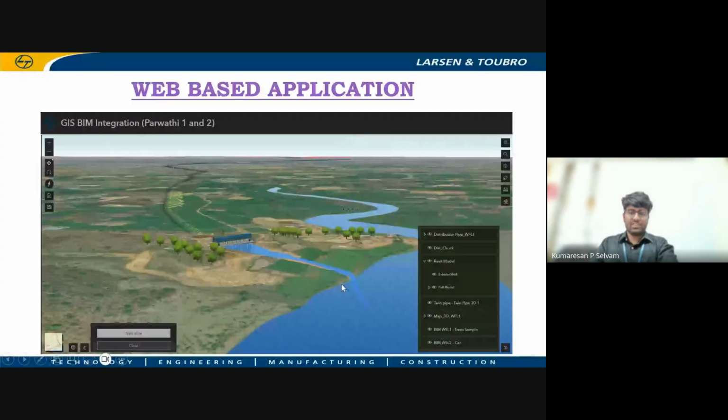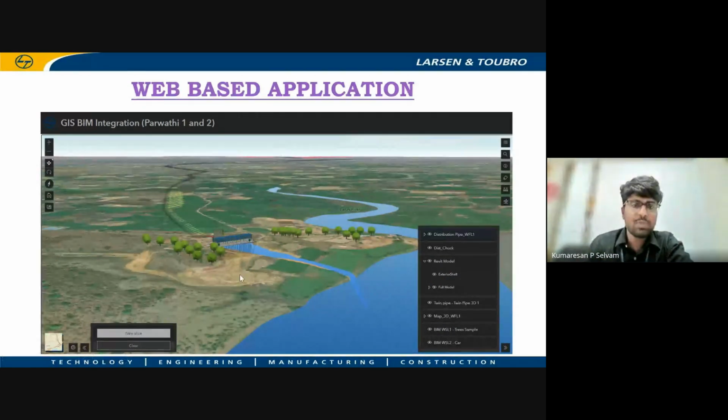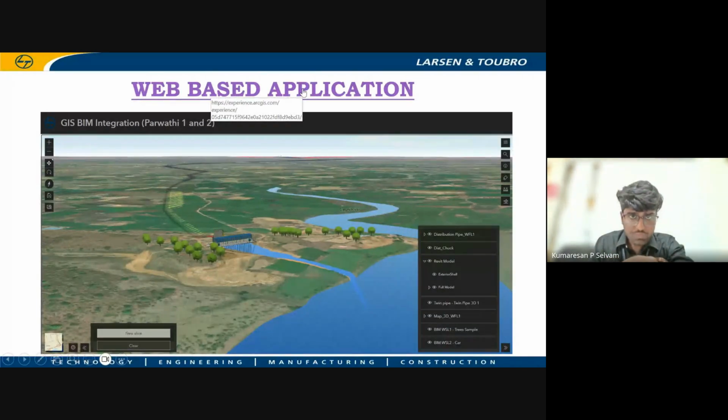And the web-based application: the BIM-JS integrated model is hosted in a web-based application, and you can view it on the web with just a link. You can see here, it is an HTML link. It is a link to a web page. You can just log into that web page using the ArcGIS login credentials, and you can see this BIM-JS integrated model. You do not require any software or anything like that.